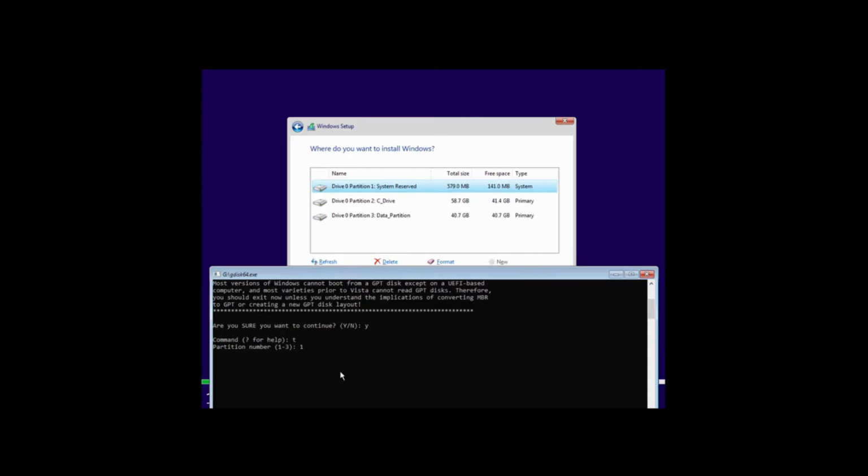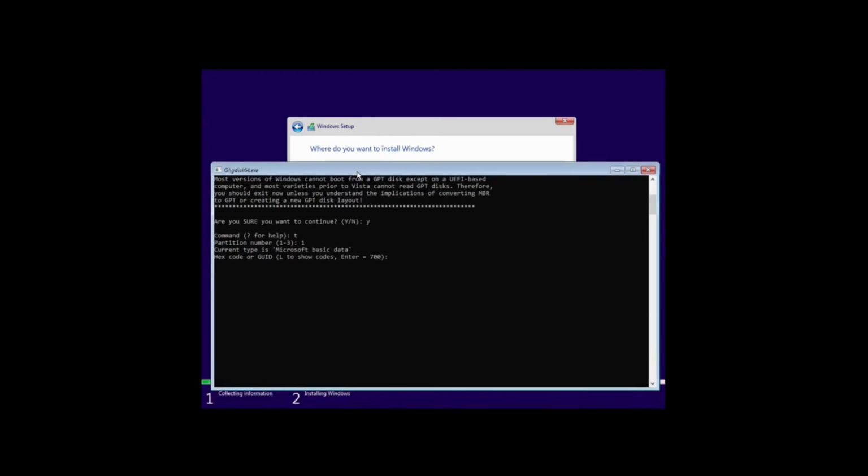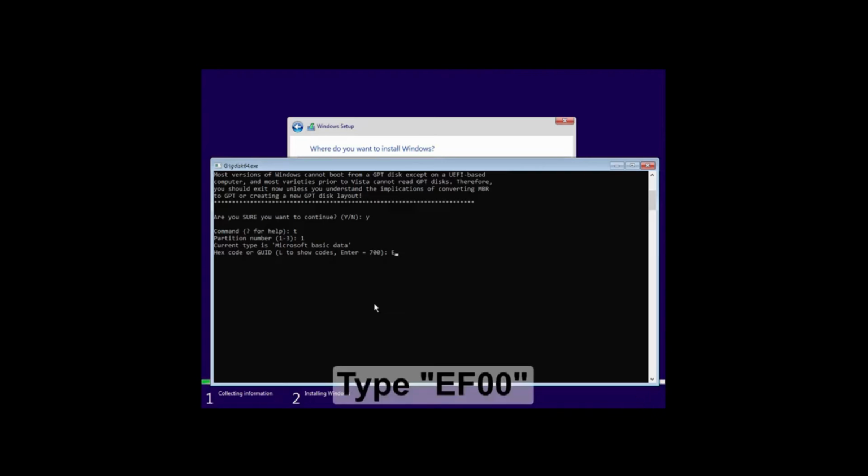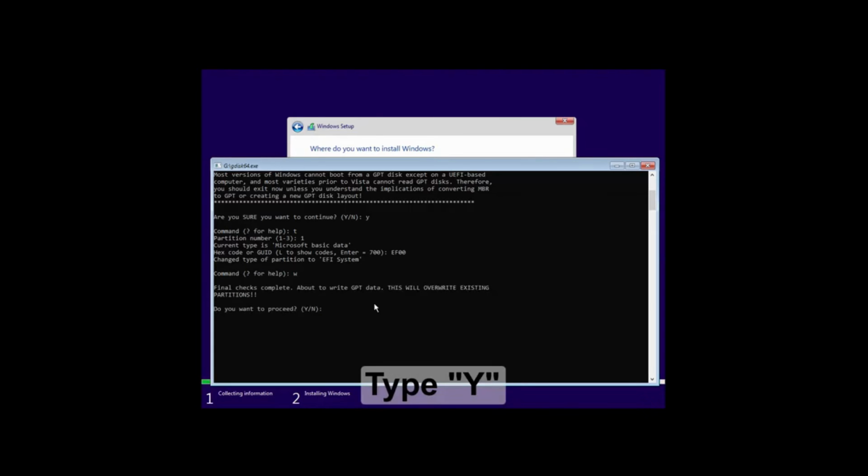So just type it over here and hit enter. Now type EF00 and hit enter. Now type W and hit enter. And now type Y and hit enter.